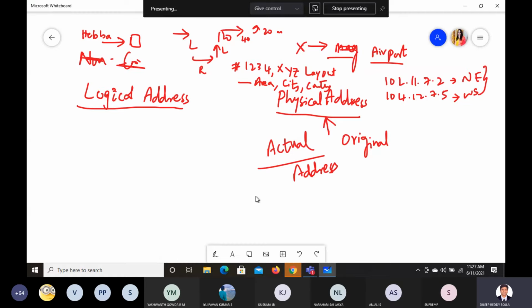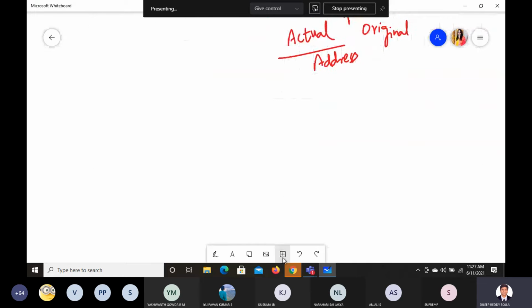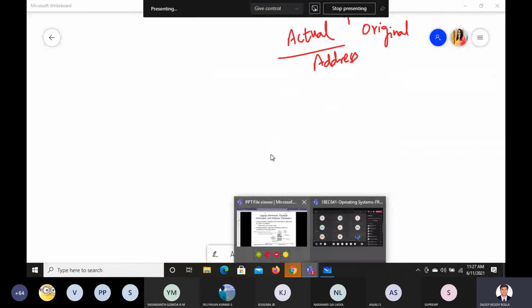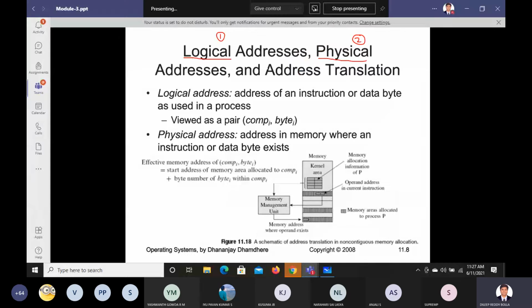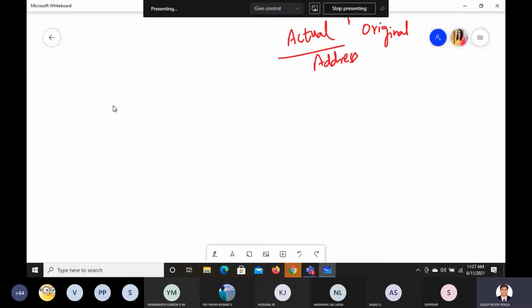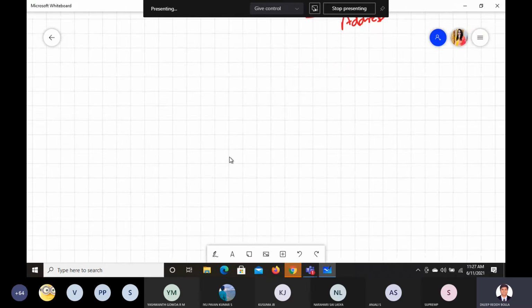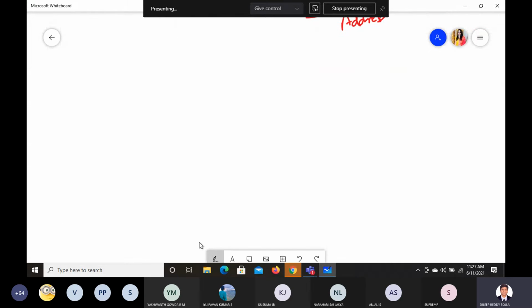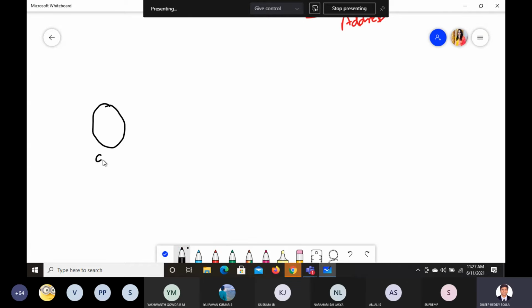There is a concept beneath this slide. If you want to understand it, you need to know some background, so that's what we are discussing here. Let us say this is your CPU, and now there is something called memory. This is your CPU, and this is your main memory.